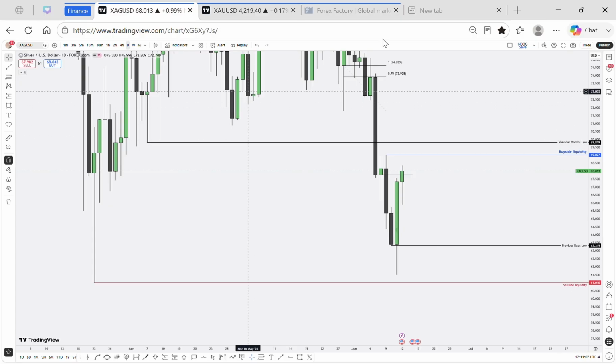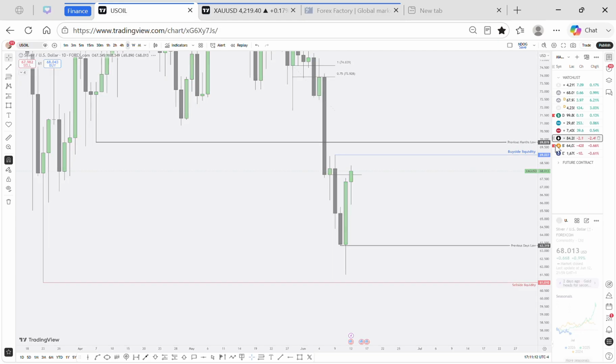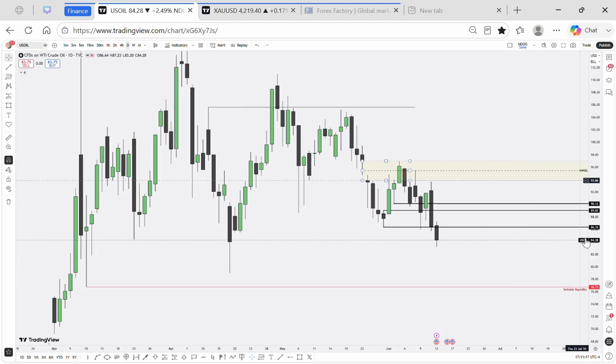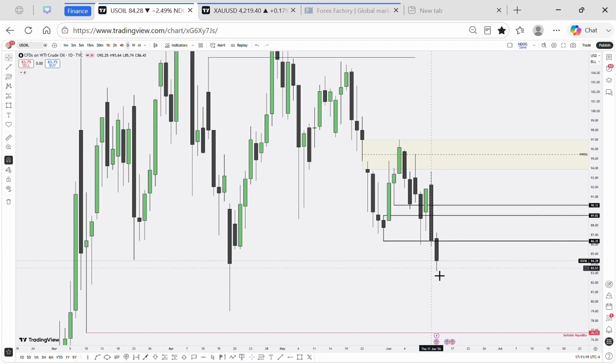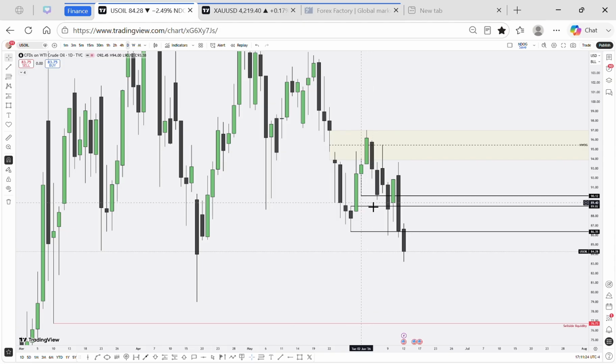Now I'm just going to run through. Yeah, we have oil. I think in the last weekend analysis, I told you guys I would want to see oil trade lower back to these relatively equal lows right here, and we want to use this level as resistance to send price lower. It broke above it, traded above it, and currently we're breaking above. I do not feel we are going to retest this if we are going to sweep this level right here. So yeah, I'm still bearish on oil.